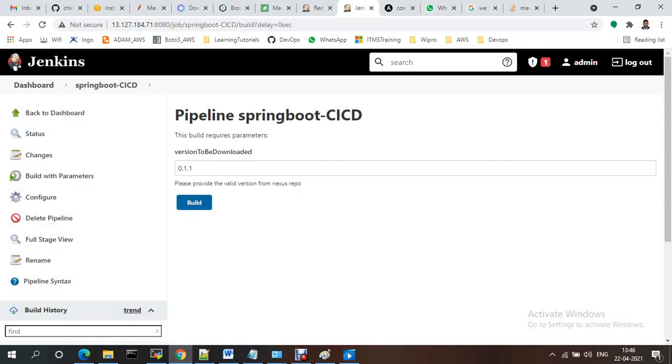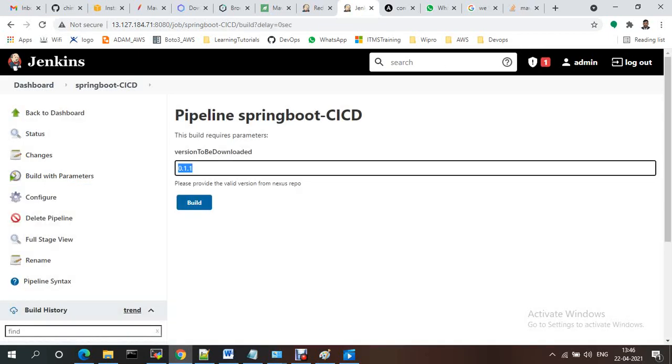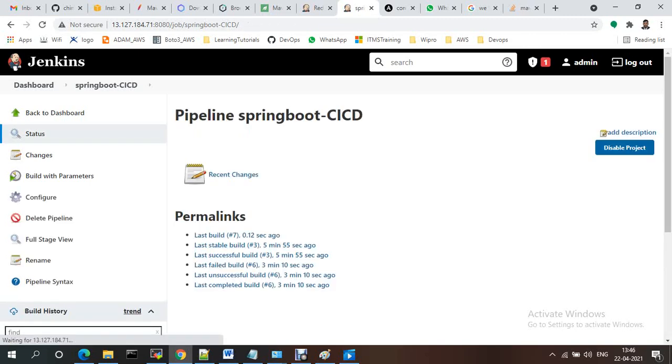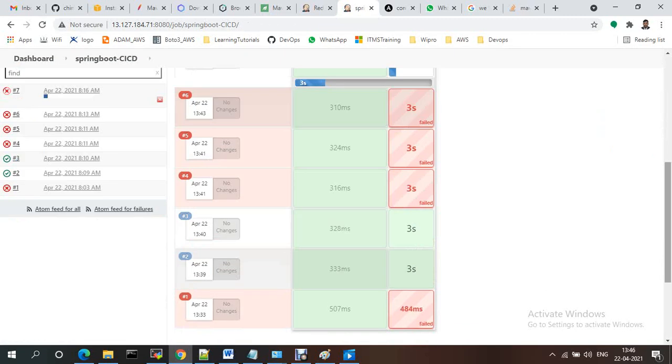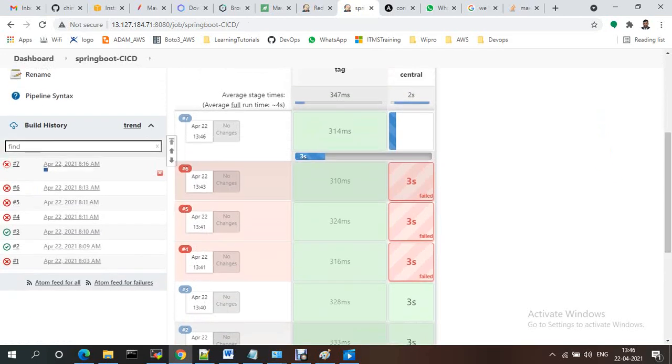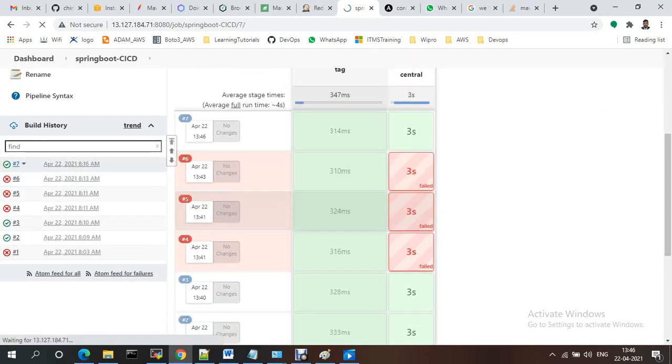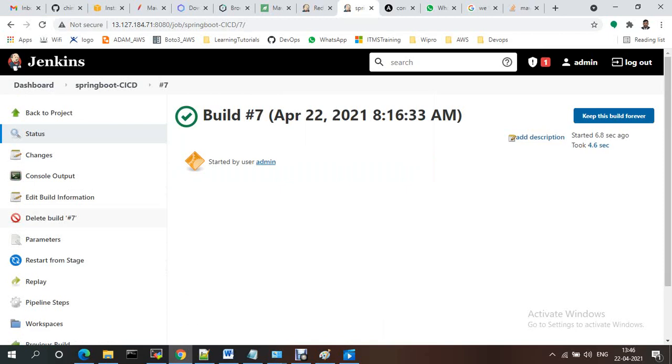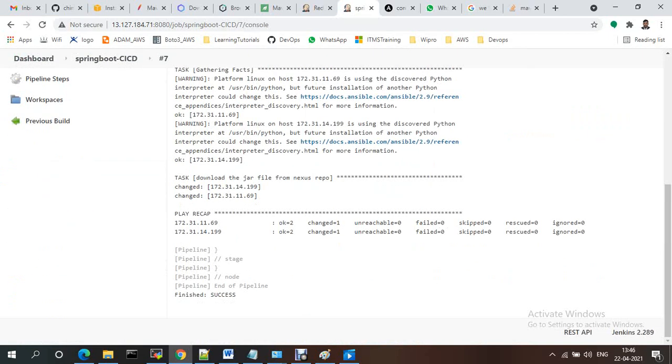Build with parameter, 0.1.3-SNAPSHOT. See, this time it should be a success. So previously, copy-paste was the mistake.